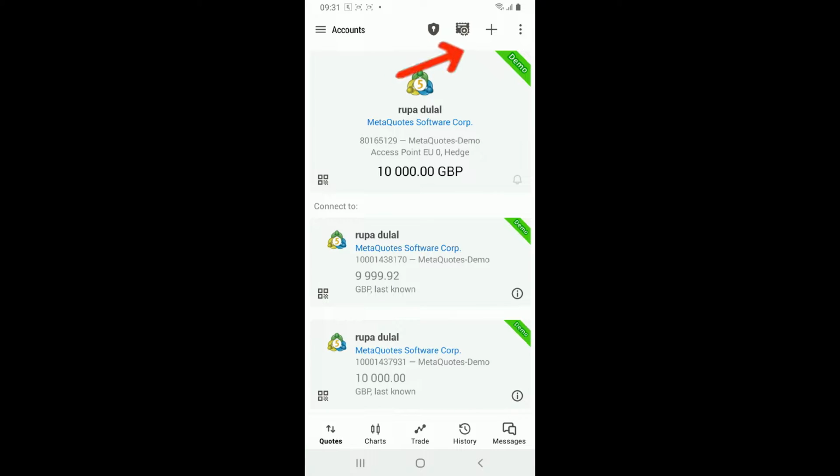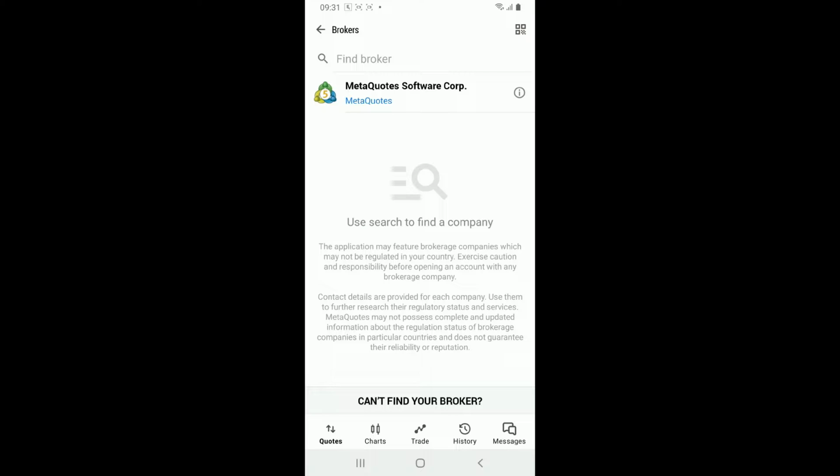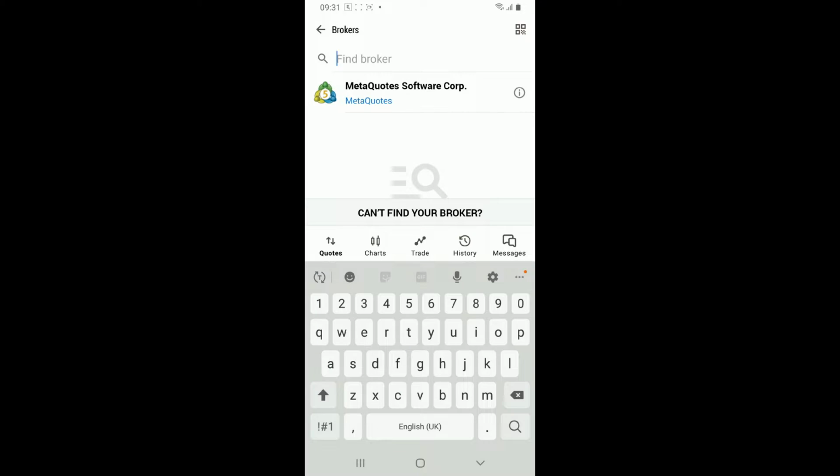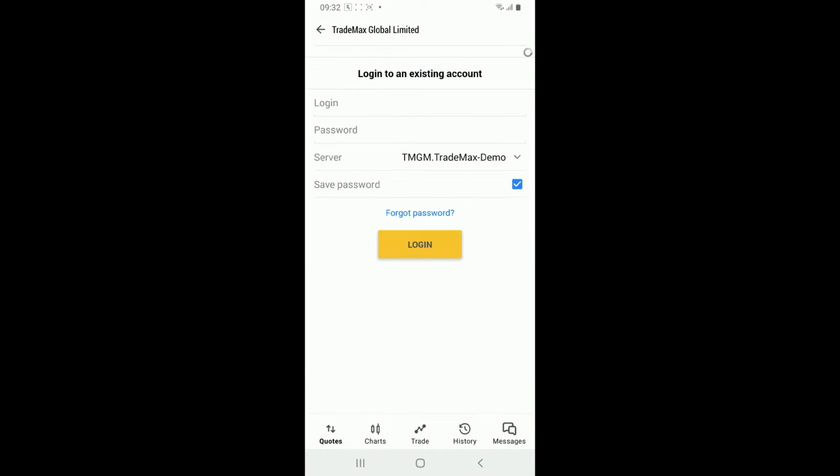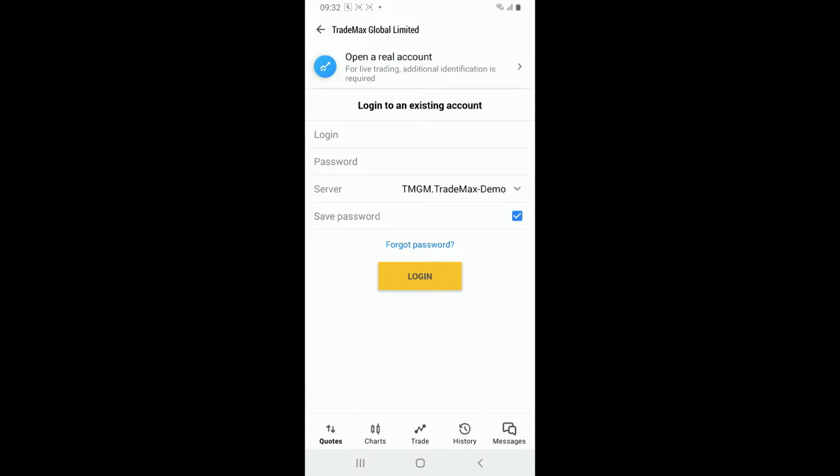Now, click on the plus button at the top right hand corner and find a broker for yourself by searching it in the search box at the top. You will need to select a broker that offers a real trading account. If you already have a broker in mind, you can proceed with their platform by typing down their name. Once you type in the name of your broker, select it and then on the next page, tap on Open